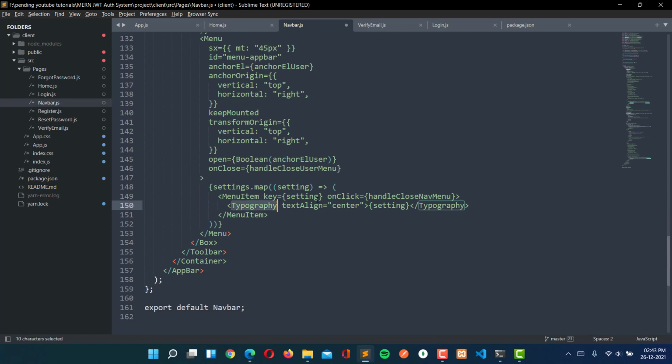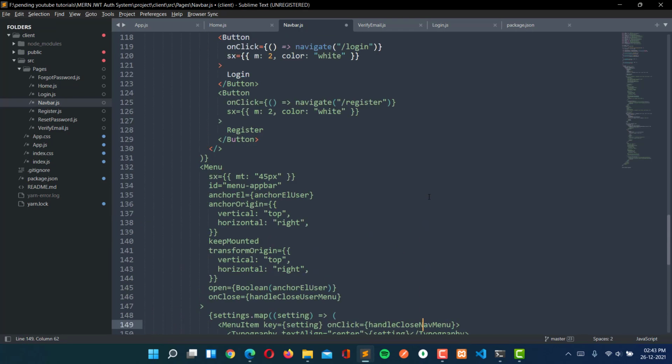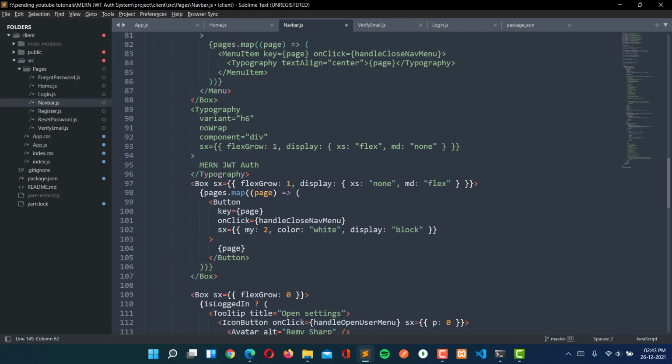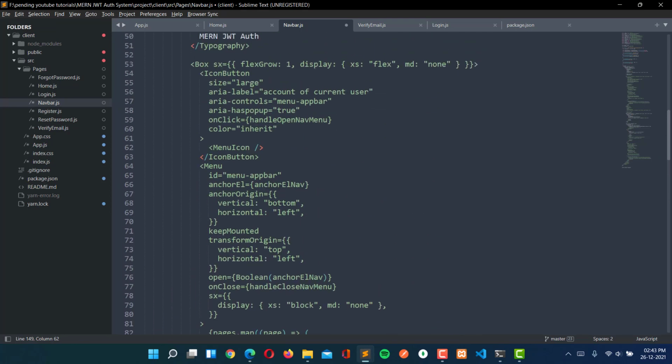So this one, see that settings is here, and here key is equals to setting, and we are getting this setting also. So here we will check it is handle close nav menu, and we should get one more settings dot map here.